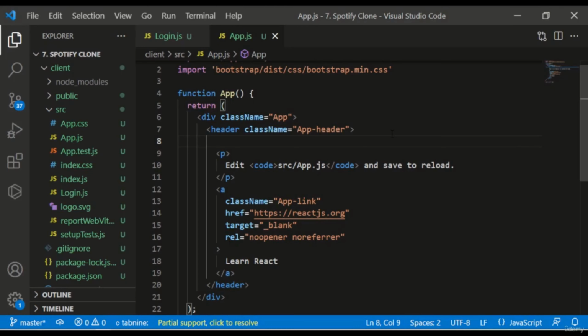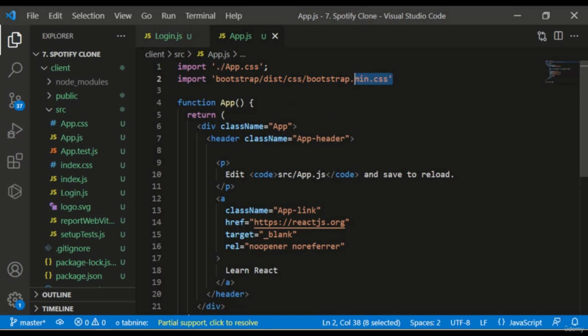Welcome to the next lecture, and as we have installed our Bootstrap successfully, as you can see in line number 2, I have imported the CSS for Bootstrap, and I have imported the minified version obviously, and our server is running. I have started the server by typing npm start. As we all know what command we have to give, but before going into the depth of our project,